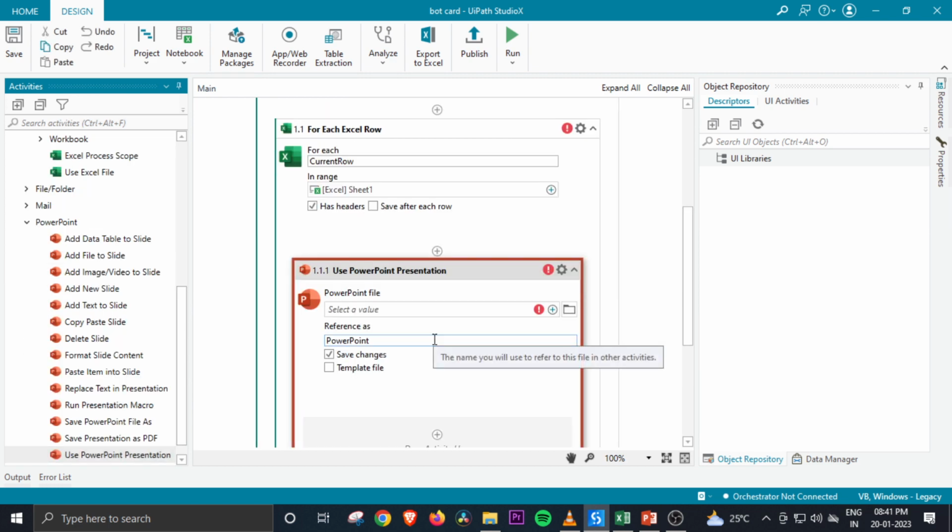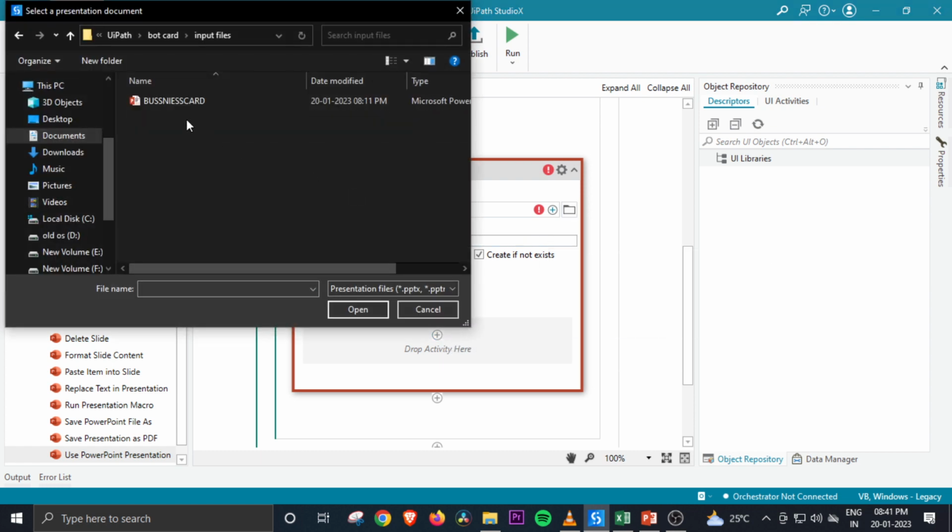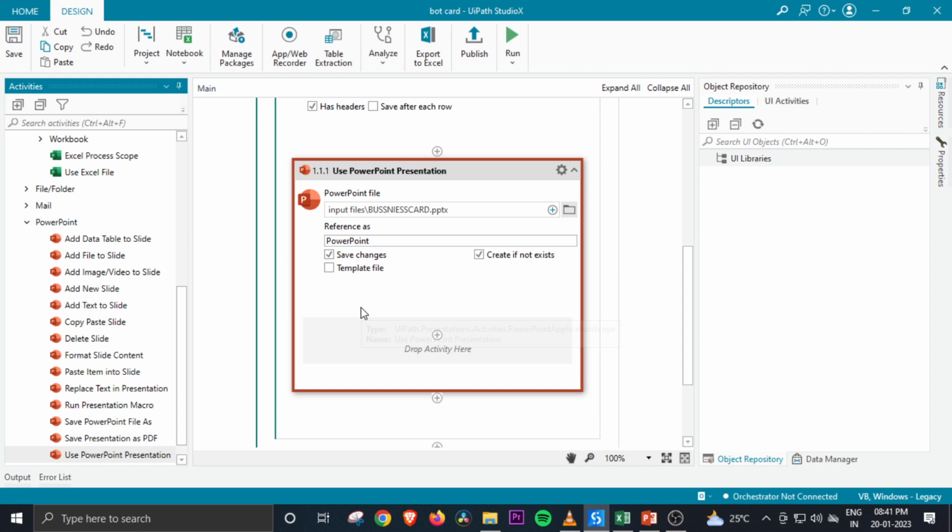Let me drag and drop it over here, and I will first locate the presentation, and I will mention do not save changes because it is a default presentation. We have to change the data again and again, so we will not save changes. Then next,